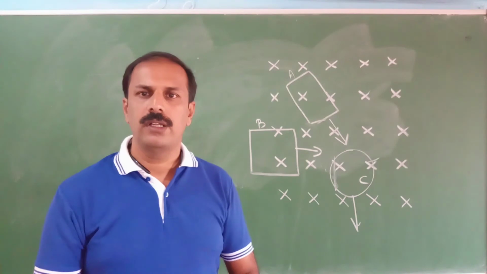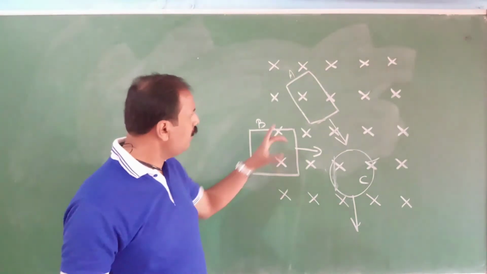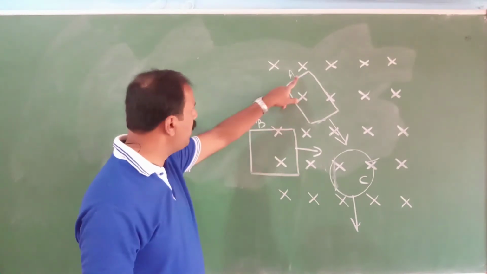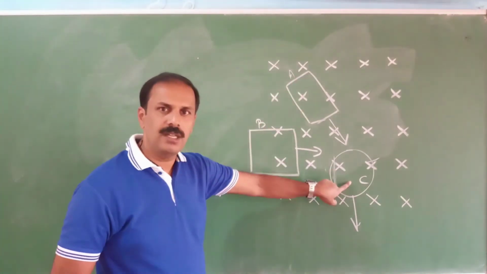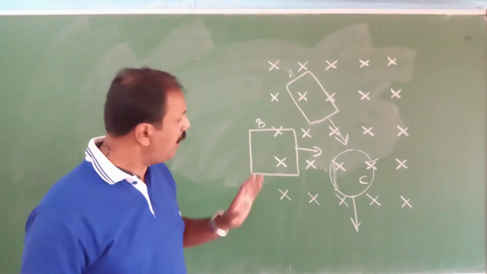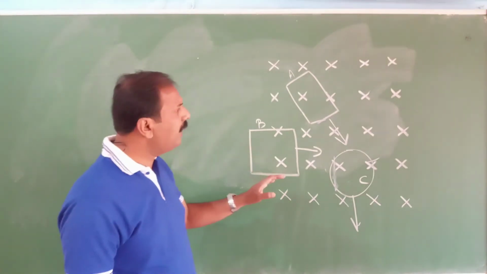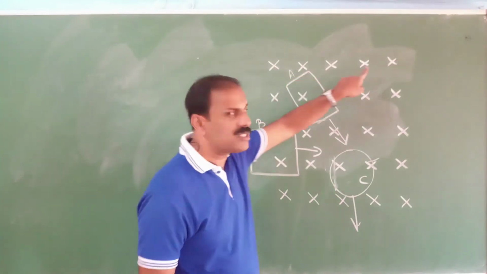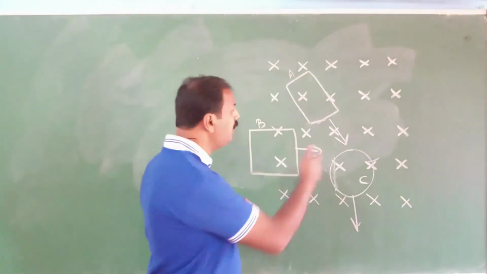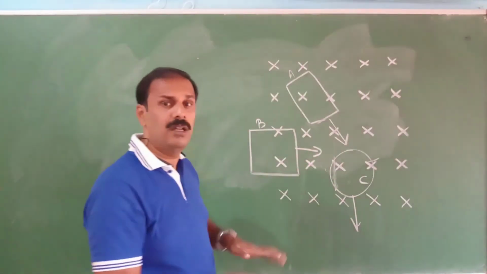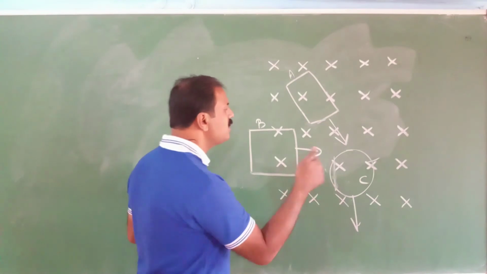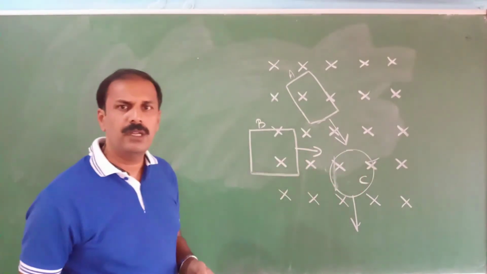In this one, you see here, we have 3 loops. One by one we have to discuss. First we will discuss about this one. I marked it as A, B and C. First we will discuss about this loop B. So what is happening here is, we have a magnetic field. We have these cross marks here. You know, the cross mark says that the magnetic field is into the plane of the board or the plane of the paper. So you have a magnetic field which is into the plane of the paper.